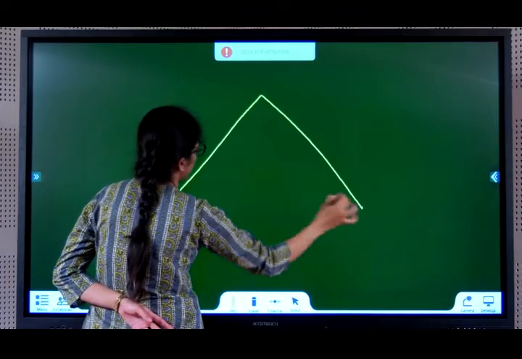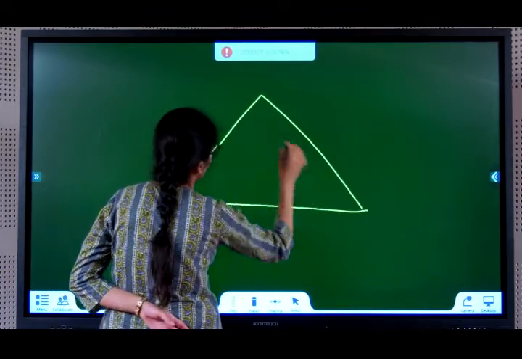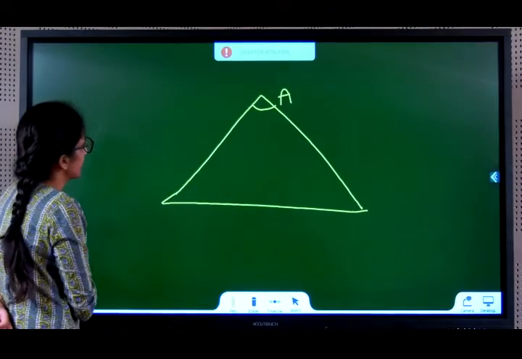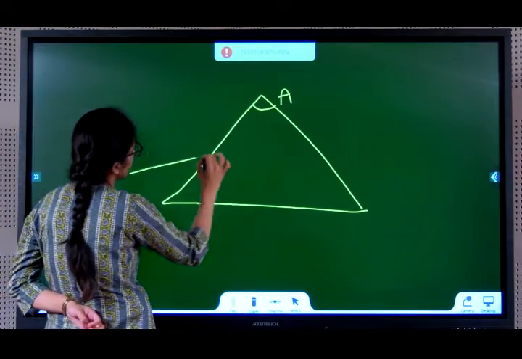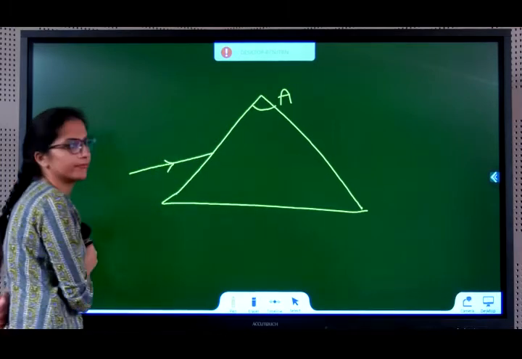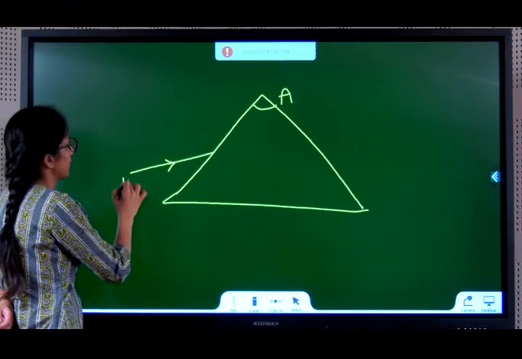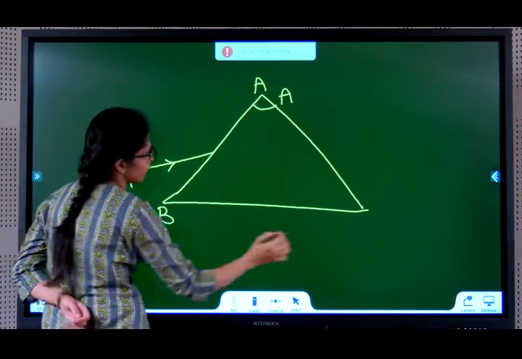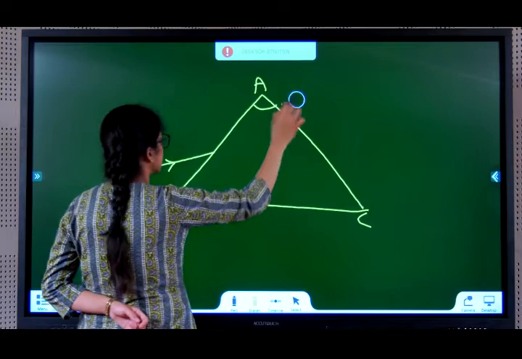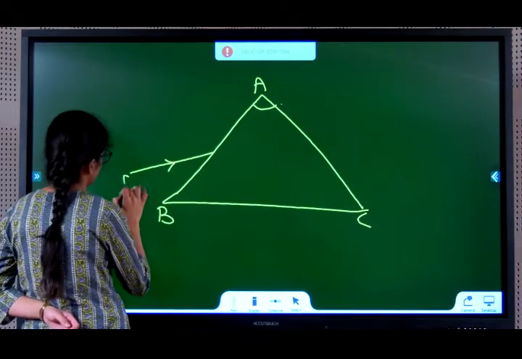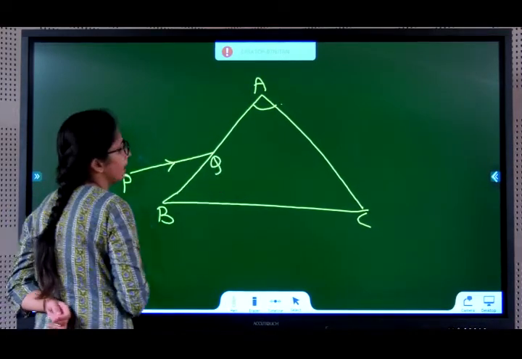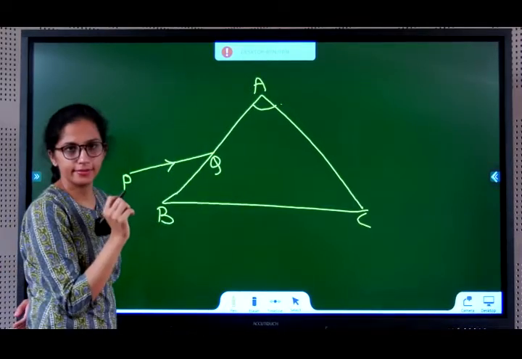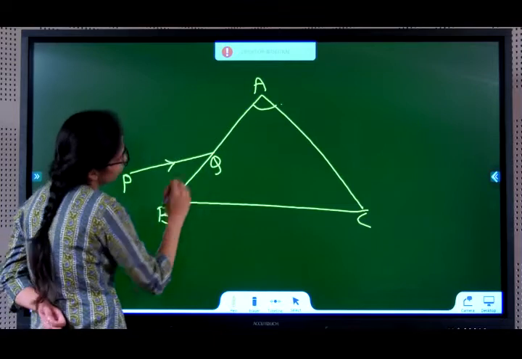So now I have a prism here. This is the angle of prism. There is a light ray incident on the prism. This first ray, let's say, is the incident ray. Let's call this ABC, PQ. Now it's going from air to glass. The ray is going from air to glass.